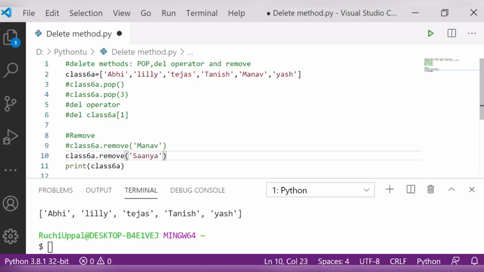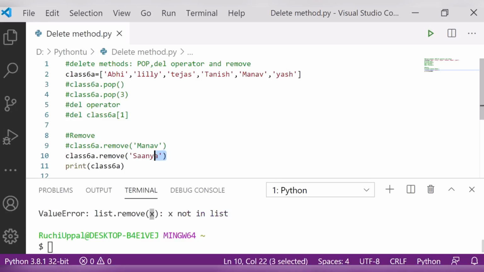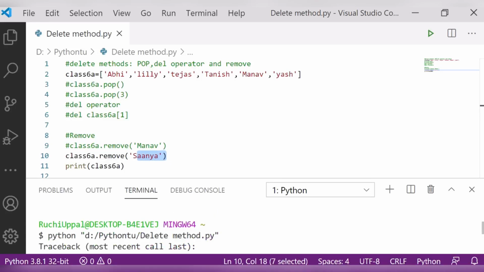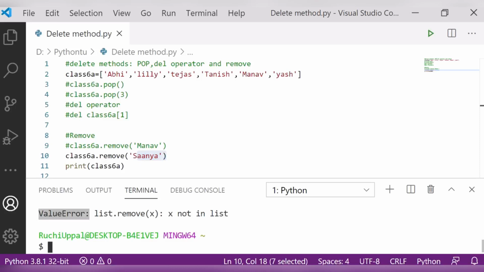Let's see what will happen. It is raising an error. It is saying that x is not in the list, meaning the argument that I passed here is not in the list. It is raising an error. I hope it is clear to you.